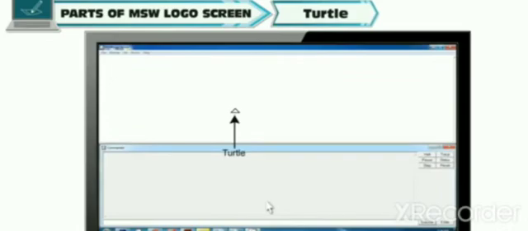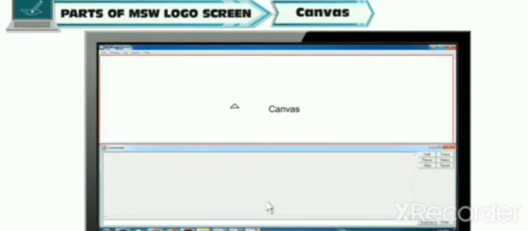In Logo, our turtle has a pen with which it draws or writes as per your instruction. The tip of the pen is what is visible, and we call it the turtle. Canvas. This is the blank area where the turtle shows output, be it a figure or text.